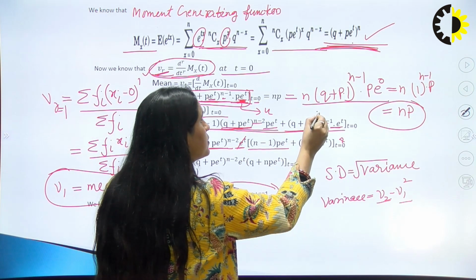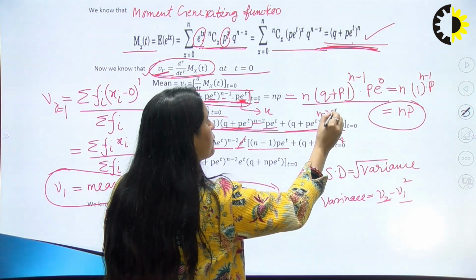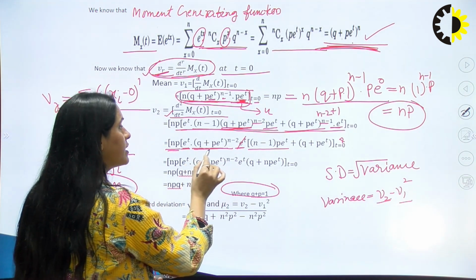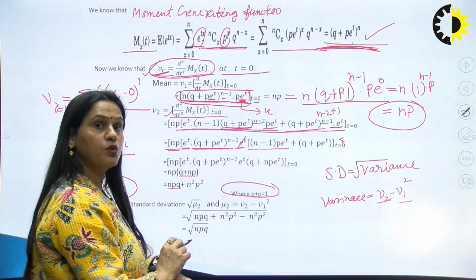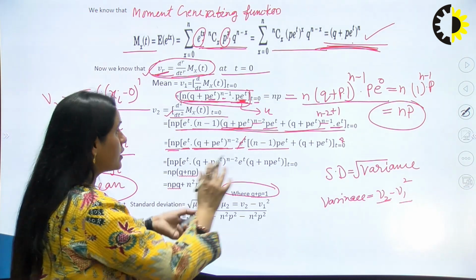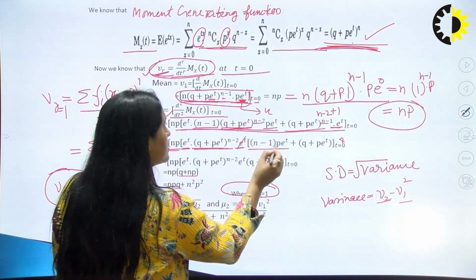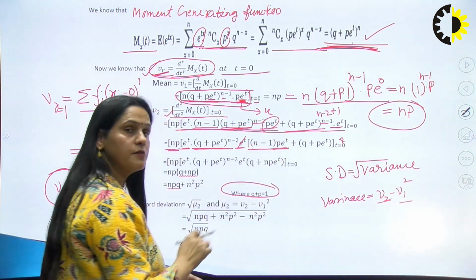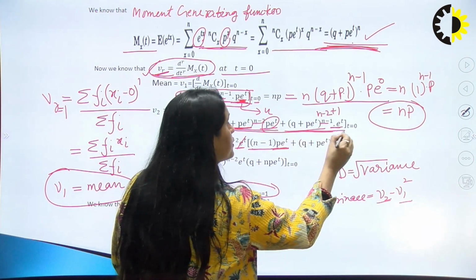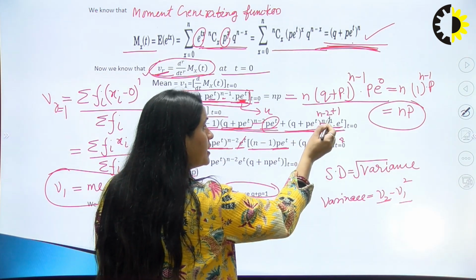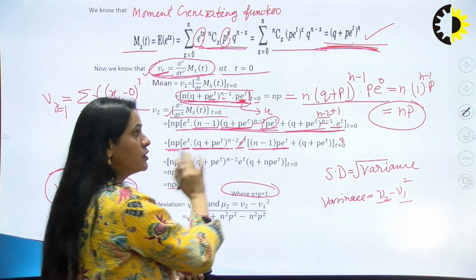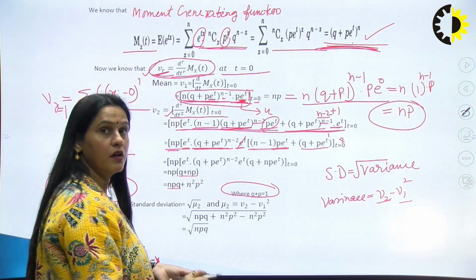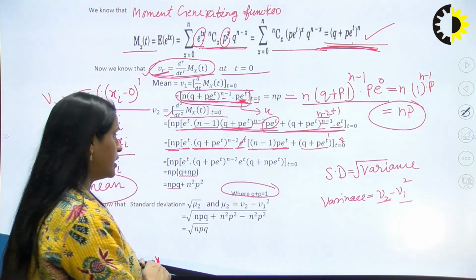N minus 1 can be written as n minus 2 plus 1. So we can obviously take (q plus p e to the power t) whole to the power n minus 2 common. So what remains inside? This n minus 1 remains inside and this p e to the power t remains inside. From the second term, what remains inside? N minus 2 is already taken common. So what remains? Q plus p e to the power t to the power 1 remains inside. Okay. Now